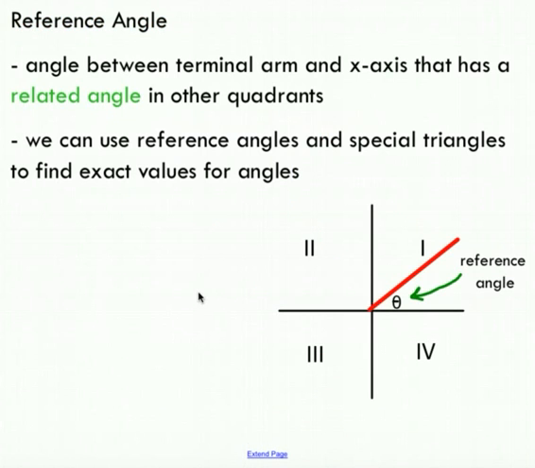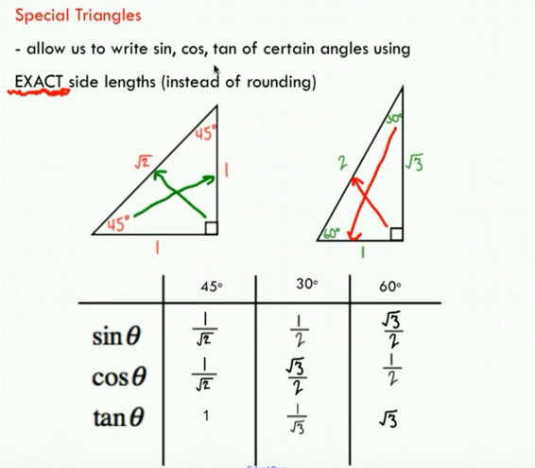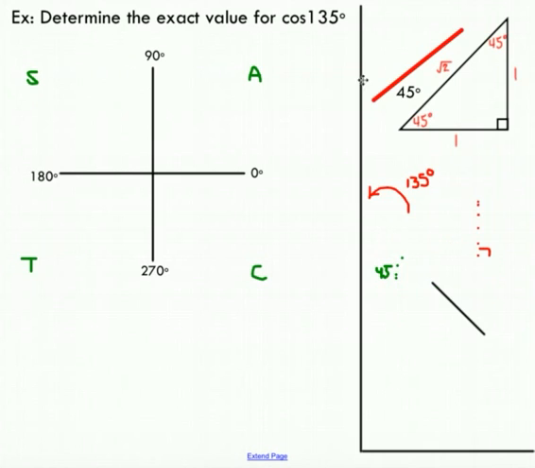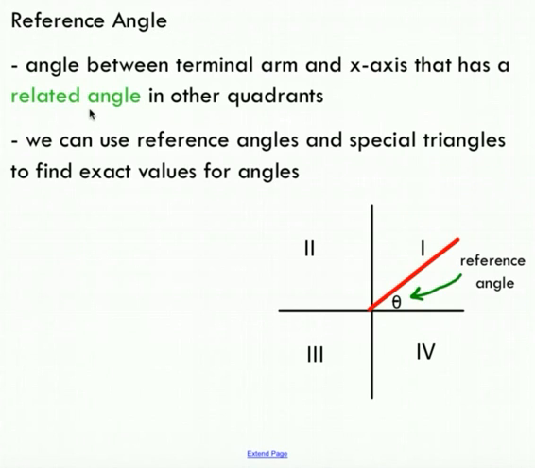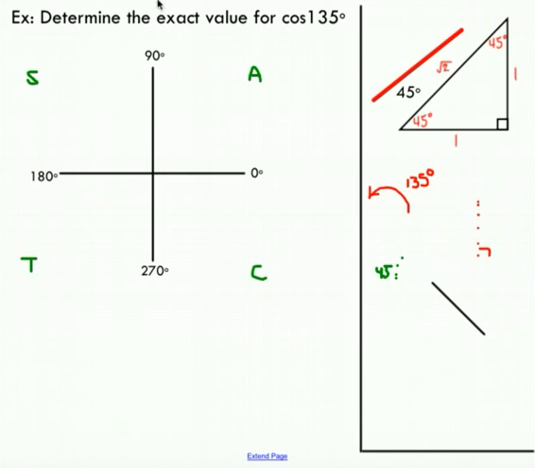So how are the special triangles and the CAST rule useful? Well, remember that special triangles allow us to write trig ratios of only certain angles, like 30, 45, and 60, in exact form. Well, we don't always have nice angles. So for instance, this is a 135 degree angle, and I want to write the exact value. It turns out we need to use what's called a reference angle, and we can use reference angles just by looking at the terminal arm and finding the angle between the x-axis and the terminal arm, and comparing that to the angle that we're looking at in other quadrants. It sounds confusing, but I'm going to go over an example that should clarify.